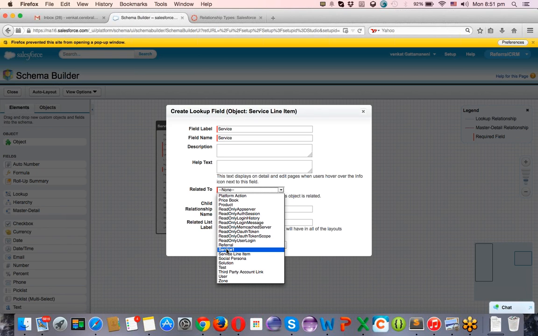You said the relationship is service, right? No, lookup is the relationship between the two objects, like service line item and the service one. Yeah. So then what about the field? It is showing under the fields, right? Lookup is under the field option. Yeah. So is it a field or a relation?